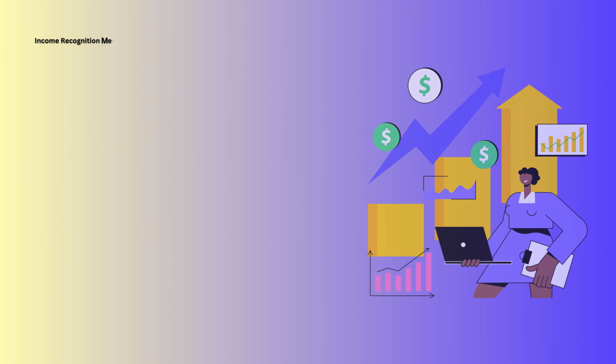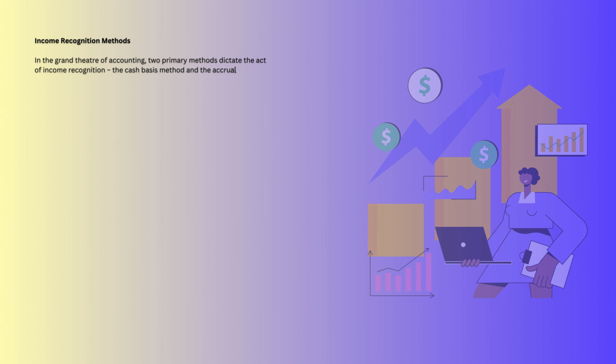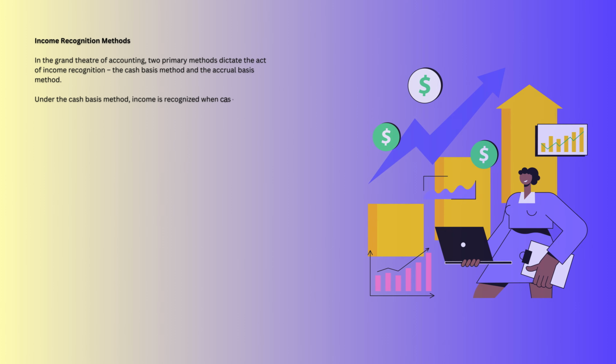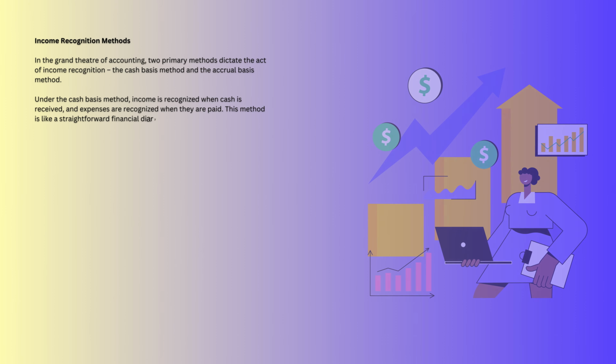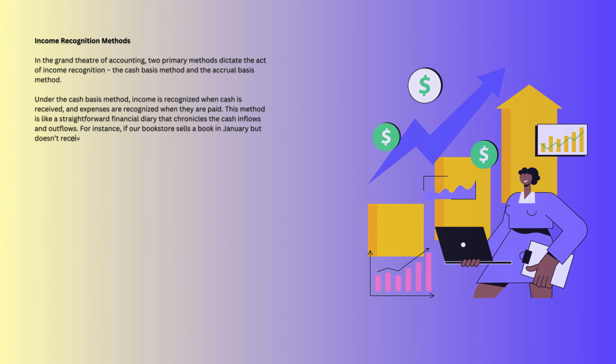Income recognition methods. In the grand theater of accounting, two primary methods dictate the act of income recognition: the cash basis method and the accrual basis method. Under the cash basis method, income is recognized when cash is received, and expenses are recognized when they are paid. This method is like a straightforward financial diary that chronicles the cash inflows and outflows. For instance, if our bookstore sells a book in January but doesn't receive payment until February,